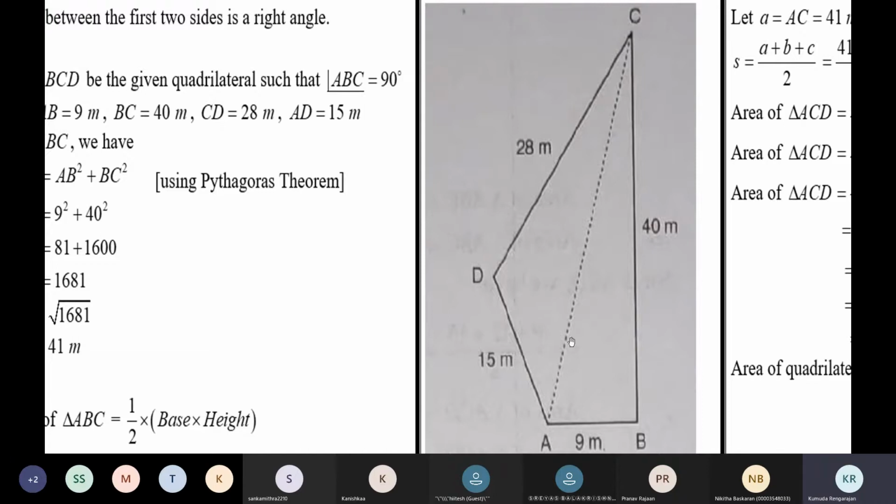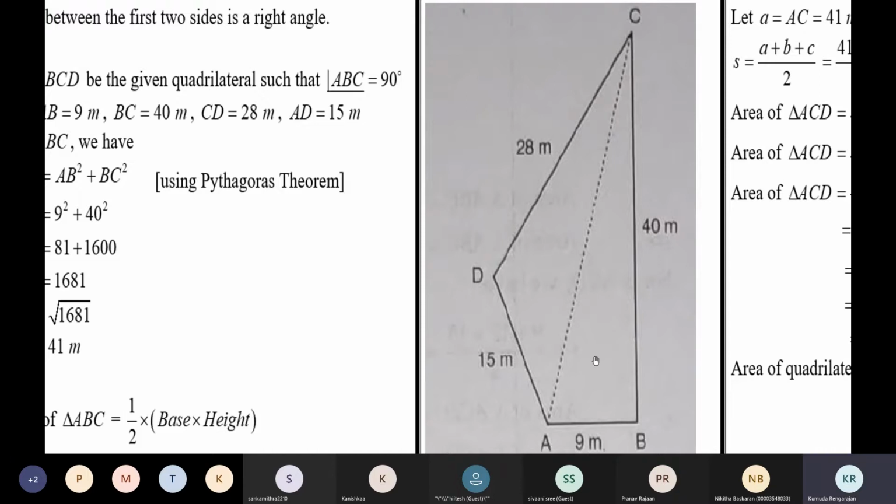Then you can complete the quadrilateral as you wish. The other angles are not known. You should be careful that the sides AB and BC must be at right angles to one another. When you draw the figure, you must not mark A here and C here. If you call this angle B, you're wrong, because this is an obtuse angle. Angle B should look like a right angle. So see it A, B, then complete the quadrilateral as you wish.